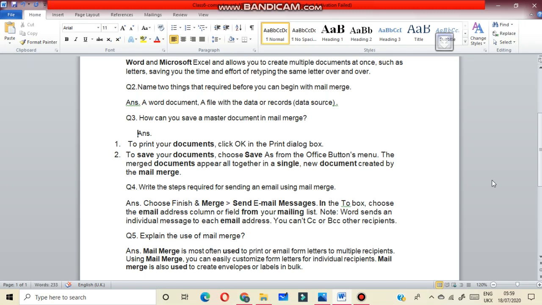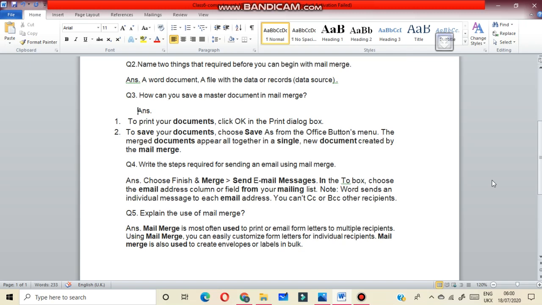Choose Save As from the Office button menu. The merged documents appear all together in a single new document created by the mail merge.